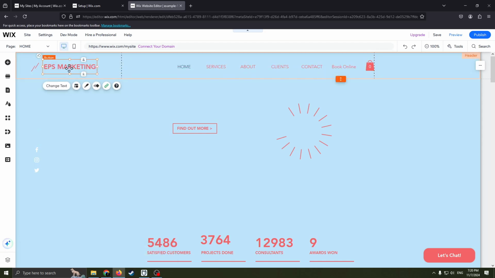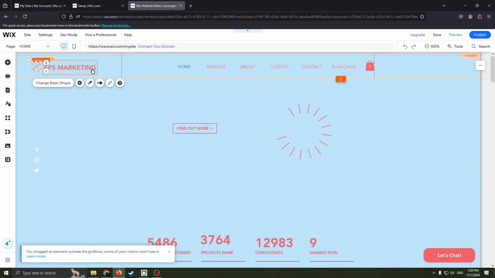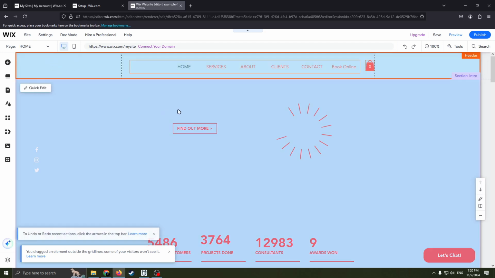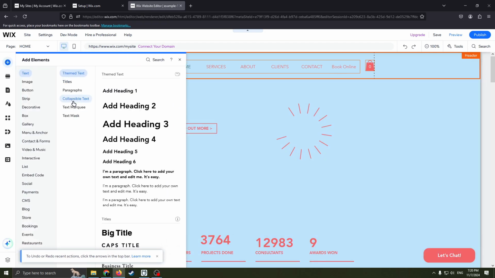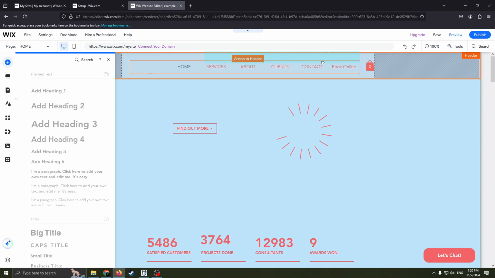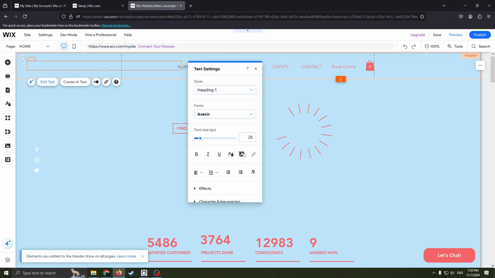You need to obviously change this text, the name of your business, and change the vector art, basically your logo here. And for example, you delete this, and now you need to add your logo and the name of your business. You need to click this button, add elements, choose the text you want to use, for example this one. Just drag and drop it like this, edit, write the name,